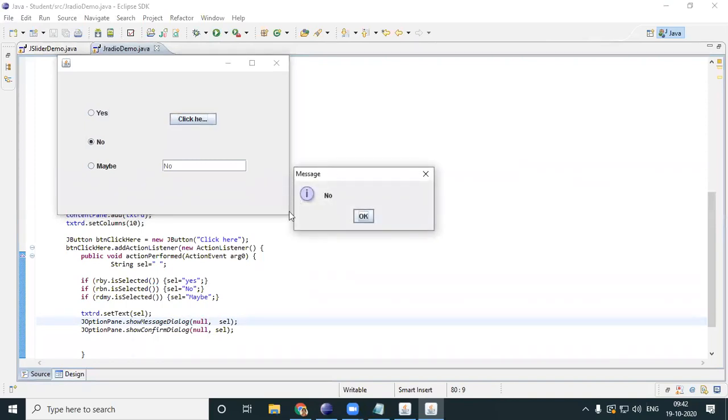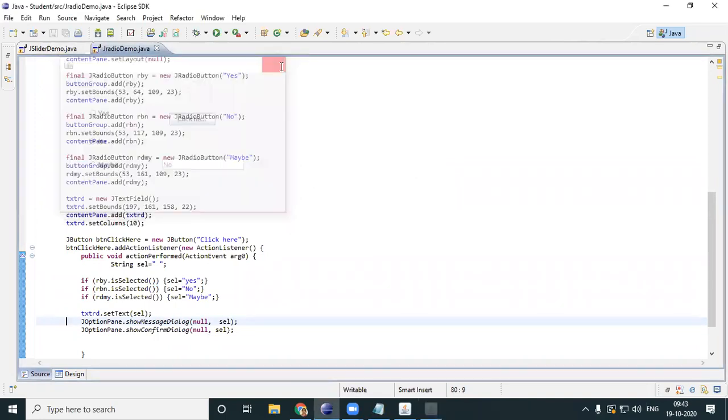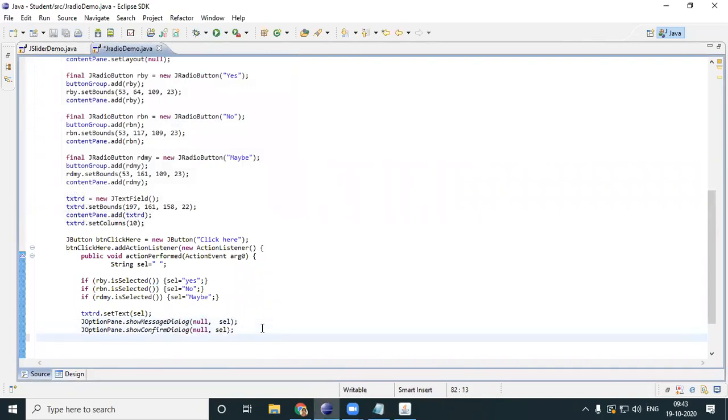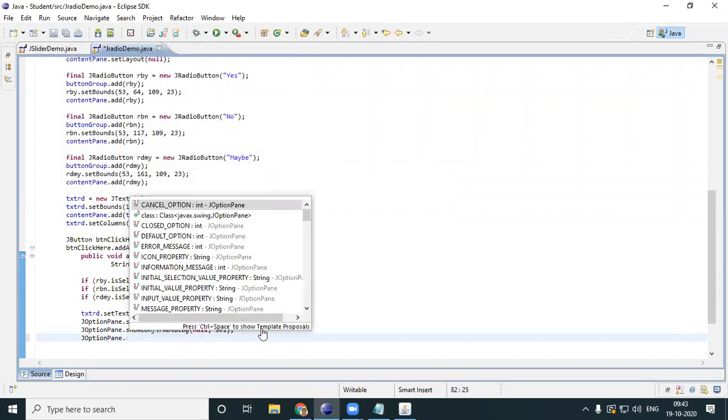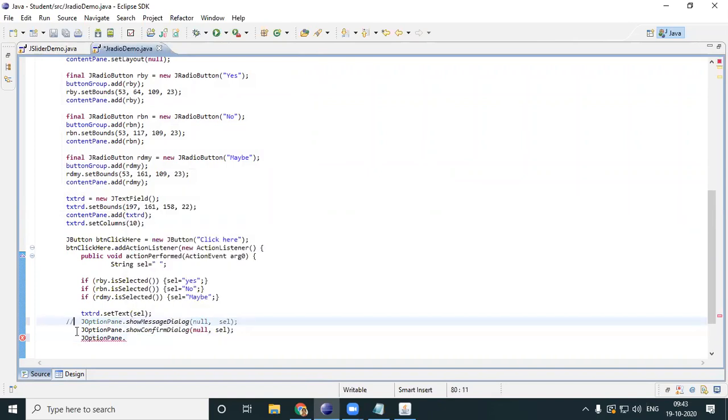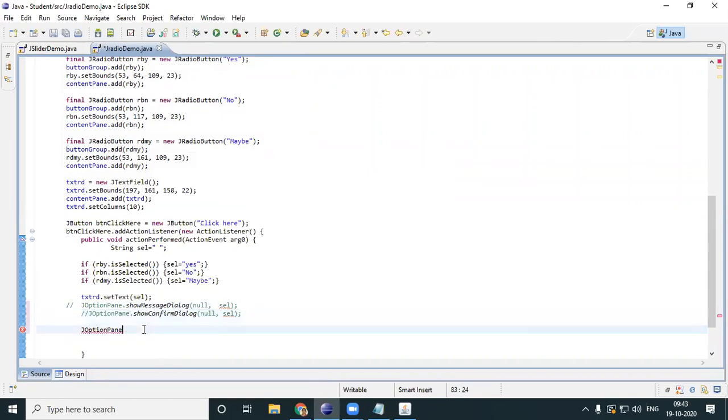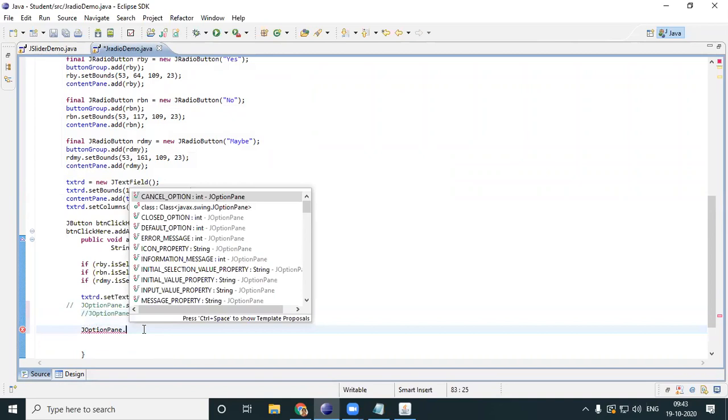I'll do it once again. This is what you call a message dialog. It's just a message with an OK button. And then a confirm dialog will be with three options. You even have a very important thing called JOptionPane. I'll just comment these so that things are easier. Now, JOptionPane, there is even a very important thing like